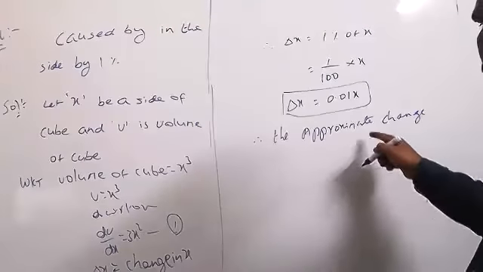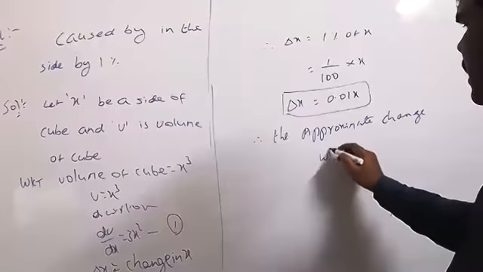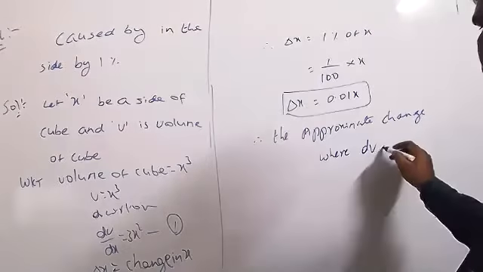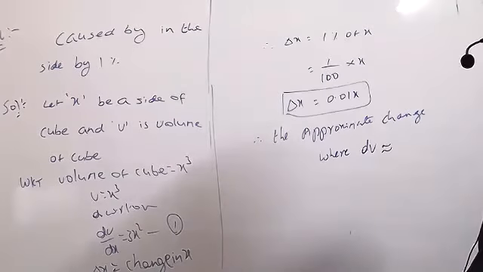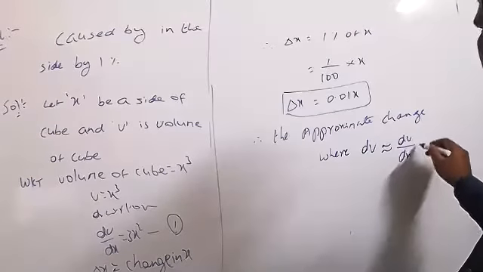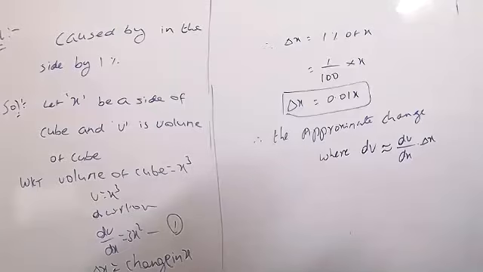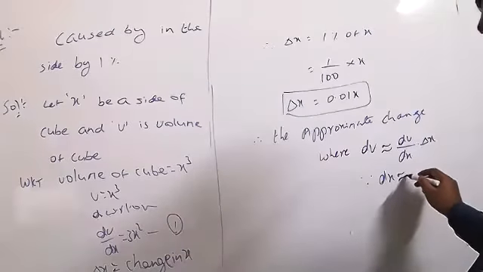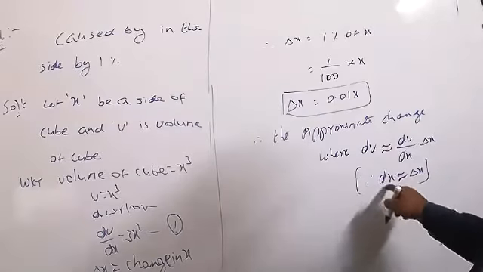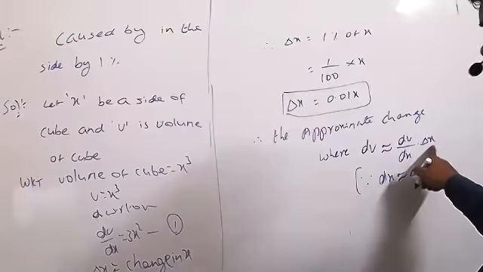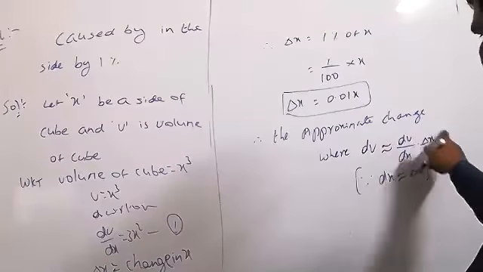The approximate change, where you can take only the volume. What is the volume here? dV, correct. dV is similar to, and generally we know very well that the same thing can be written as dV by dx into delta x. Am I correct? Since we already know that del x is similar to delta x, these two are almost equal, so these two will be cancelled. That means dV is similar to the same thing.